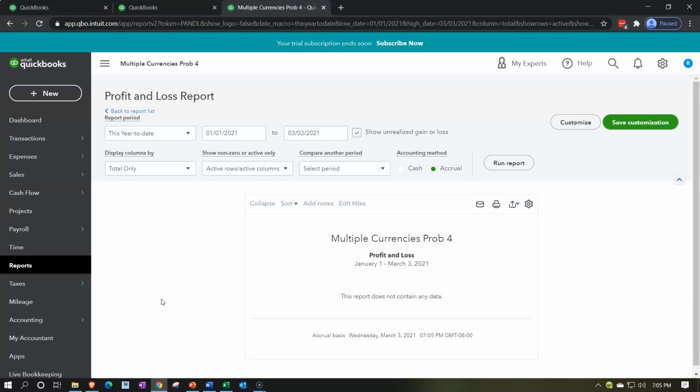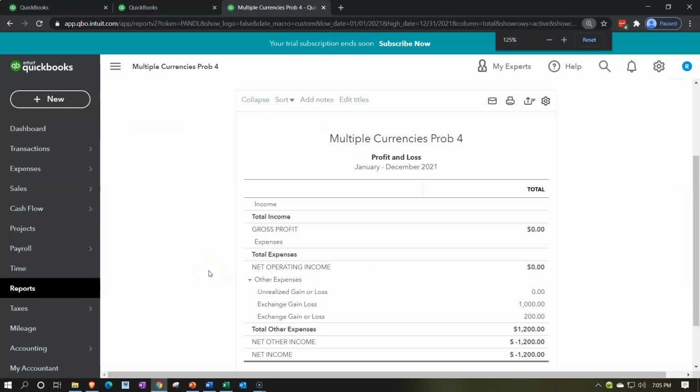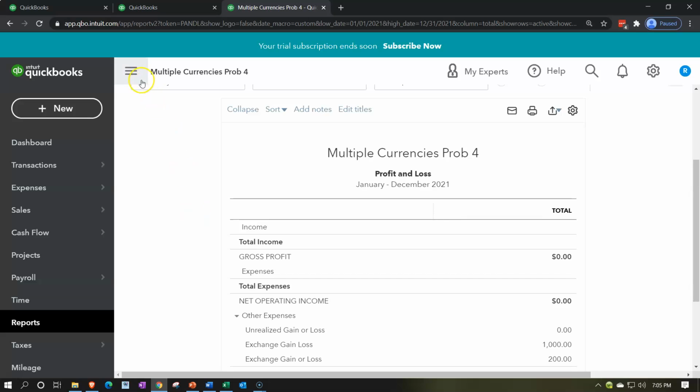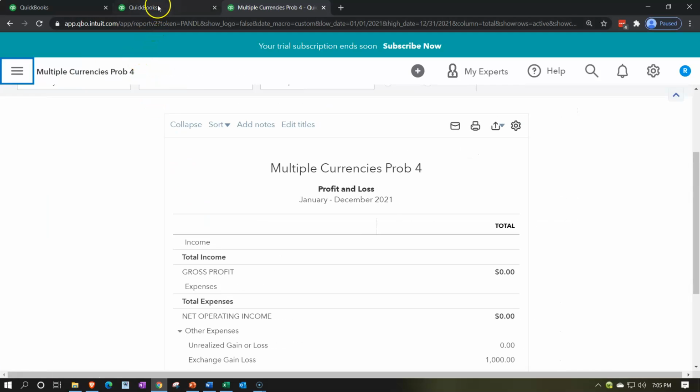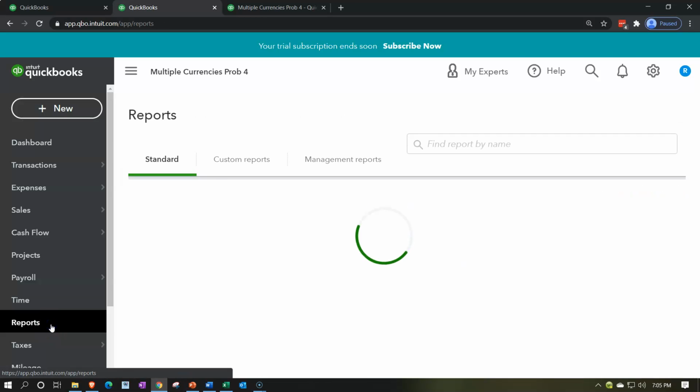We will then do the date range change up top, and we're going to go for the second year of our practice problem, which is 01/01/21 to 12/31/21. Run it. Hold down Control, scroll up just a bit to get to that 125%. Close the hamburger. Then next tab to the left, going back down to the reports on the left-hand side,